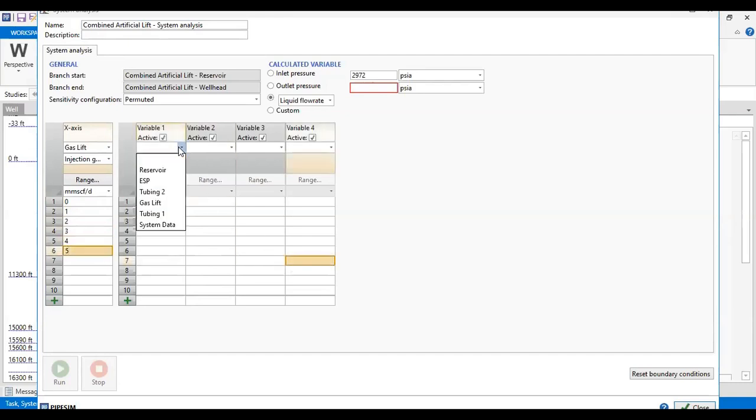And for the variable 1, ESP, I want to vary now the operating frequency starting from 0 hertz, or maybe we cannot use 0 hertz, 40 hertz, 50, 60, and let's say 70. What will happen with outlet pressure of 200? Run.